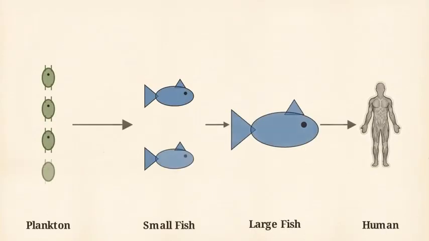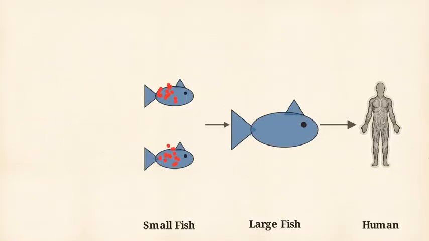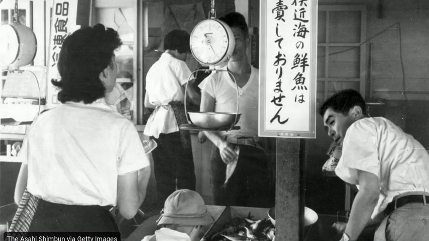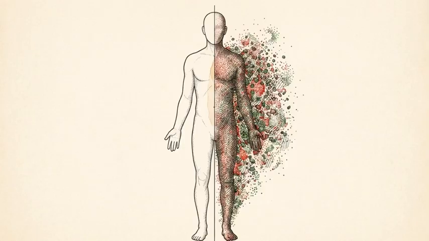This aquatic food chain illustrates the consequence. Watch the red dots representing toxins. As small fish eat plankton and larger fish eat them, the concentration multiplies. Because humans sit at the top, our bodies accumulate the highest concentrations. In 1950s Japan, residents around Minamata Bay consumed seafood contaminated by industrial mercury. The resulting neurological damage, Minamata disease, demonstrated the severe consequences of biomagnification. Sitting at the top of the food chain yields the lowest amount of natural energy while carrying the highest biological